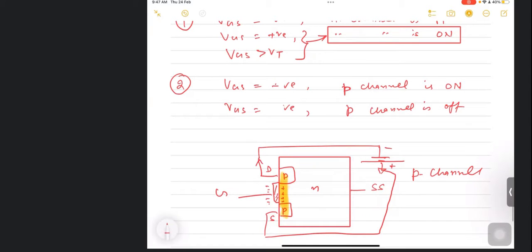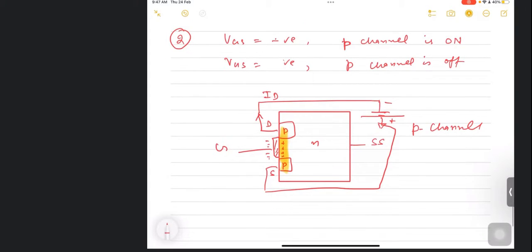So holes will be attracted towards this side. We have a drain current. So this is P channel MOSFET, and we have to apply the negative potential here. Okay. So by application of negative, P channel is on,